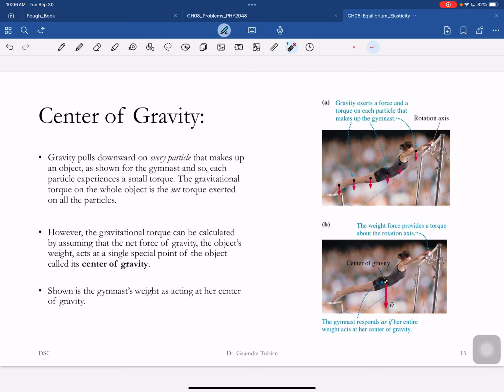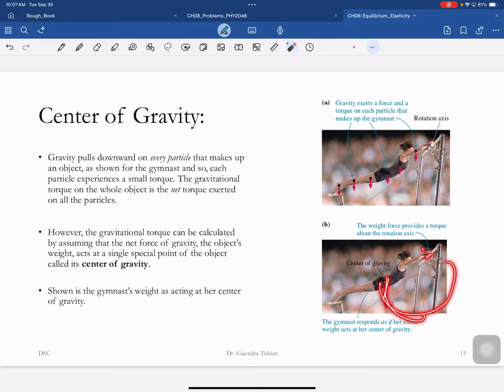All right, so here's a gymnast. The weight of her foot is there, the weight of her lower leg is there, and so on. So weights of different parts of our body are shown. Now, when you need to calculate the torques, what you need to know is where is all her weight acting? That is called the center of gravity. So all her weight is acting effectively at that point. That's the center of gravity. And so this weight is rotating her counterclockwise about this point, so it's got a counterclockwise torque.